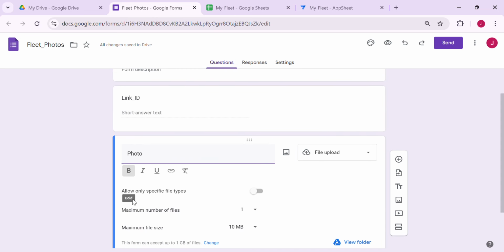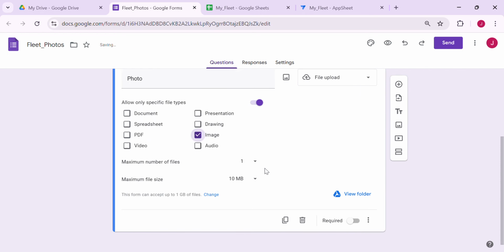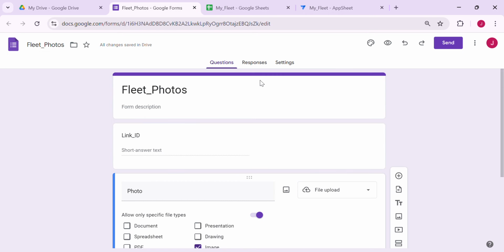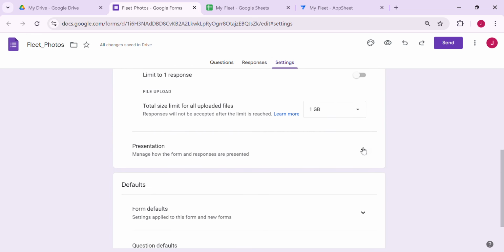And then allow only specific file types. Since I'm only allowing images, I will just check Image. Maximum number of files will be 10. You can modify the maximum file size also. Let's say 100 MB. Alright, then let's go to the settings, and in the presentation,